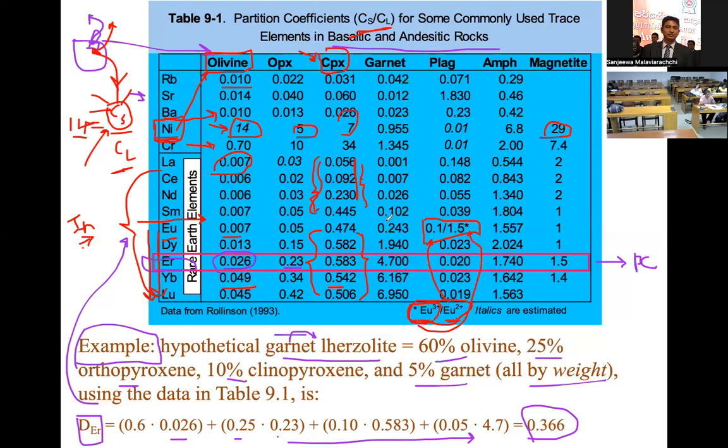For other phases, you don't see much big numbers for europium. That means europium cannot go much into other phases as compared to plagioclase and amphibole, right? Amphibole also can take much bigger content, okay? But amphibole, for the time being, you can forget, because amphibole means a hydrous mineral,